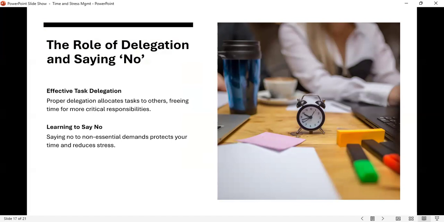Effective task delegation. Let others help you. And then you can free up some time for yourself. One of the things that I struggled with for a long time is expecting things to be done a particular way. I had to let that go. It's not realistic. And it's so hard to give up those reins. I know. But